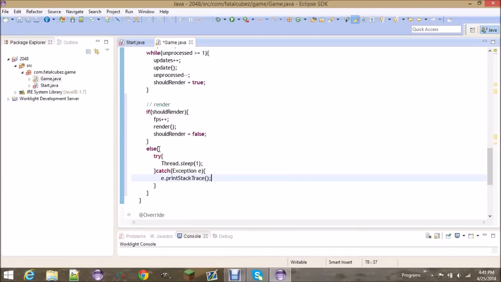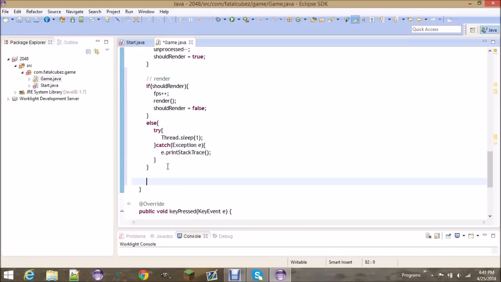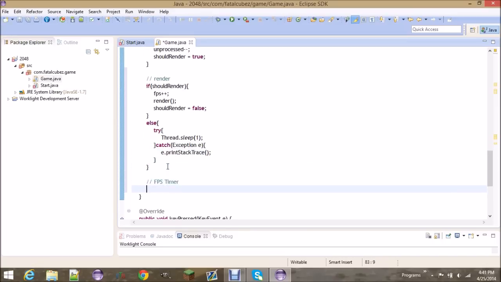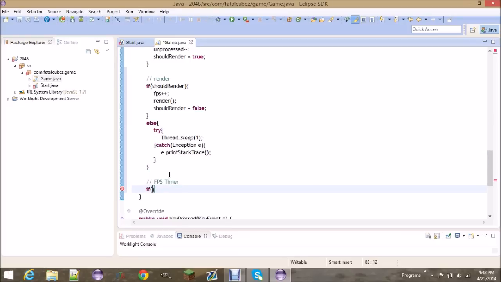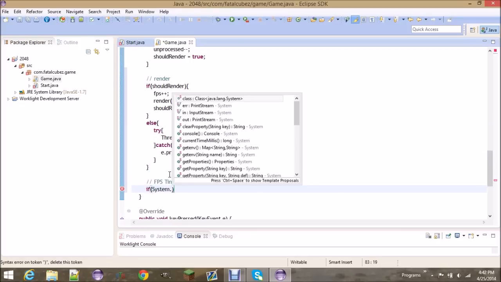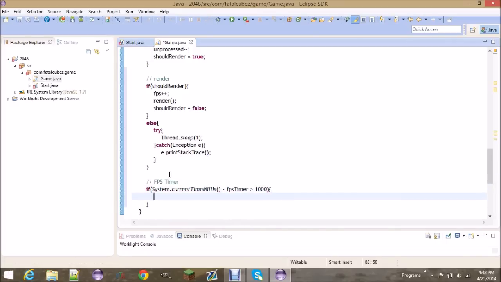Shouldn't be an error, but just in case, if there is an error, we want to print it out. Now, the FPS timer is essentially this: it prints out every second how many updates and how many frames per second. It's kind of a debug sort of way to do it. You normally wouldn't have this. So you get the current time minus how much time has passed, and if it's been greater than a full second, then we want to